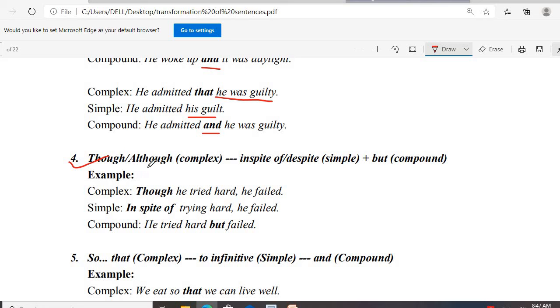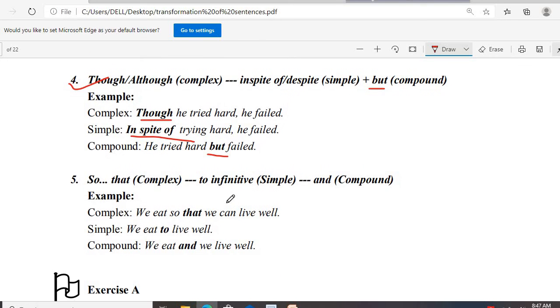So if you have though, although in a complex sentence, you have to use in spite of or despite to make it simple, and to make it compound you have to use but. Let's see the example. Though he tried hard, he failed. In spite of trying hard, he failed. So instead of though, we have used here in spite of, and to make it compound we have used but,